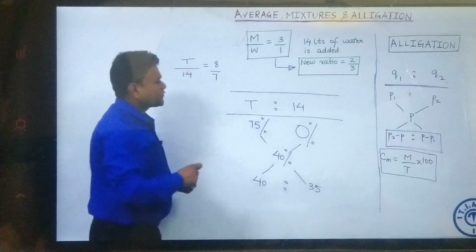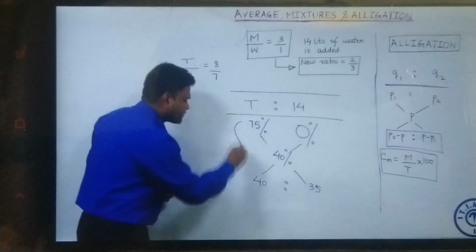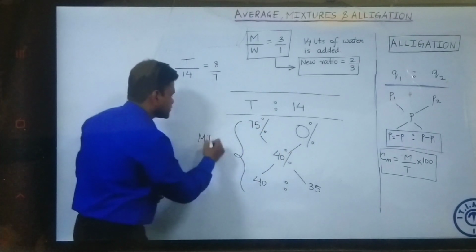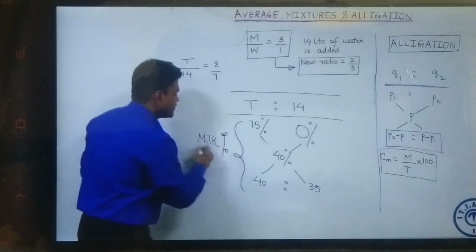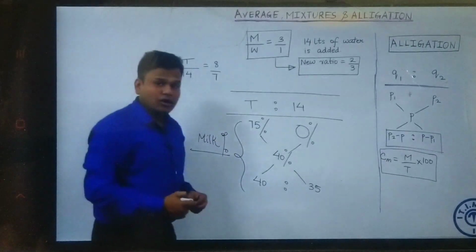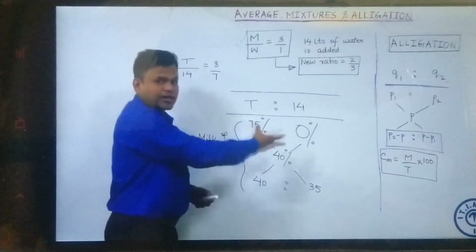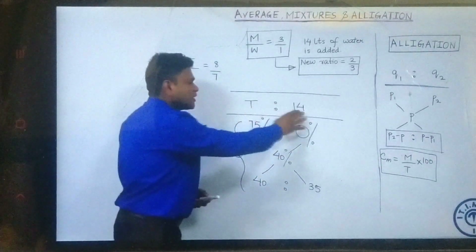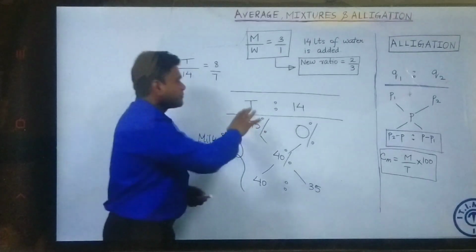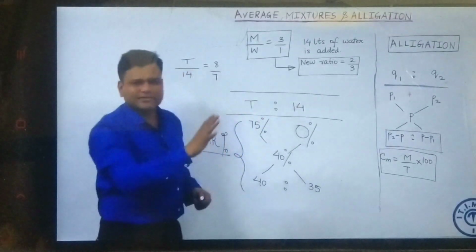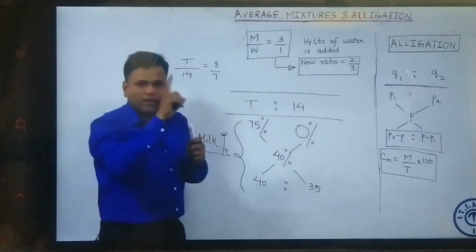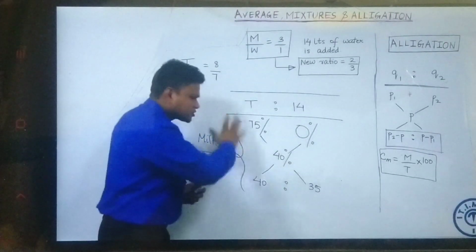In this small change, what we shall do, if you observe carefully, everywhere, all throughout, we have taken milk concentration. That's what we were dealing with. Now, can I take all, let's say, water concentration? And if we do take all these numbers as water concentration, do we have to make a change here? No. My T or this 14 remains as it is. So, entire thing under this line, you have to stick to one thing, right? Milk concentration or maybe water